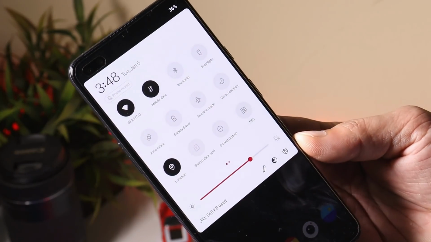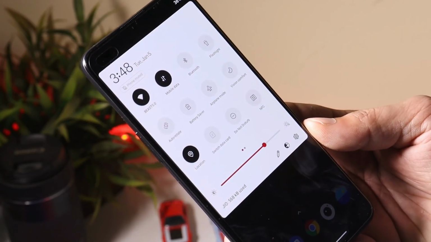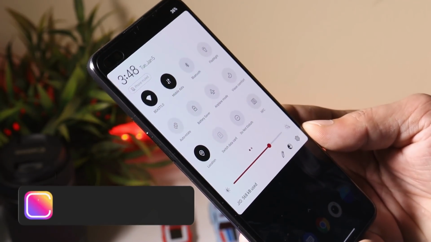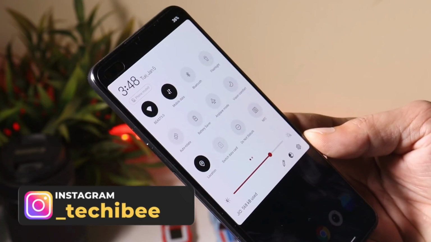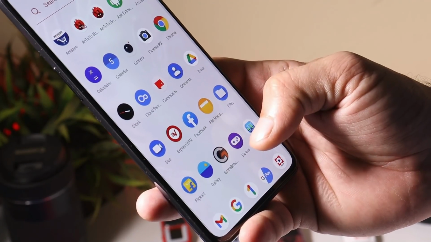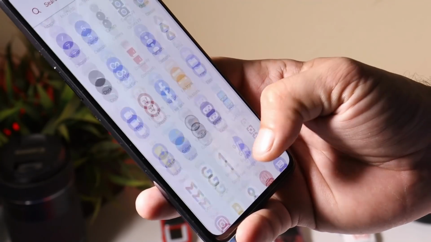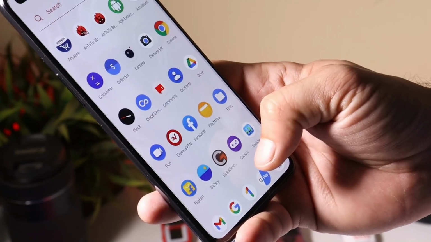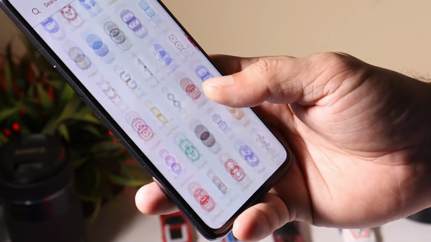We have this redesigned quick setting panel where towards the left hand side you can now see the time and the status of your device, whether it's in ringing mode, vibrate or completely silent. After that, they have optimized the system stability for some third-party applications. That we'll get to know once we start using the device, and I'll be using this device as my primary device for a day or two.